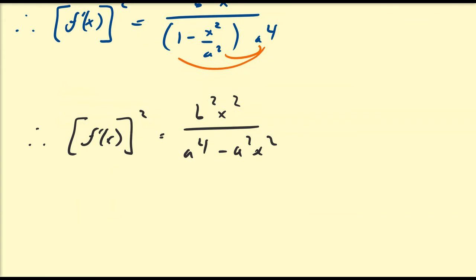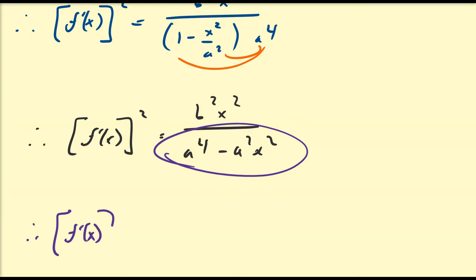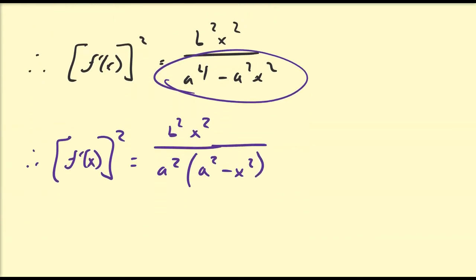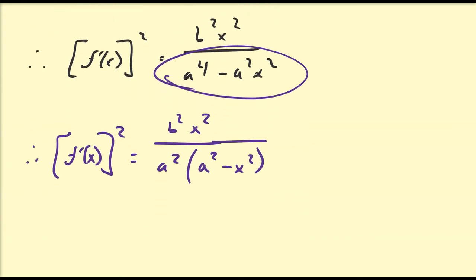So from here what I'm going to do is factor out an a squared out of this denominator. So this is going to give me f prime of x, the quantity squared, is going to be equal to b squared x squared divided by a squared multiplied by the quantity a squared minus x squared. So what I want to do now is divide top and bottom of this equation by a